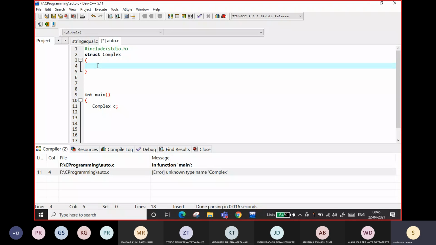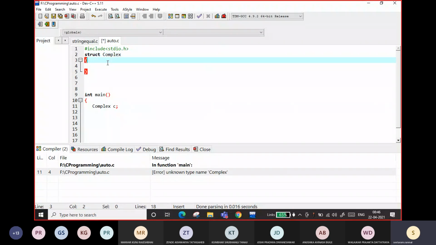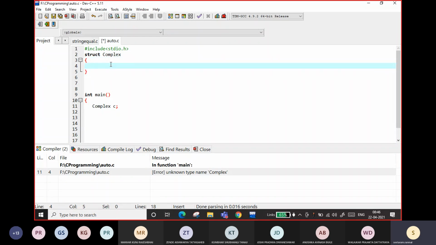Like we have the data types integer and float. In integer we can store an integer value. In float or double we can store a decimal value. If it is long int, we can store a large integer. If it is a character, we can store a character. Similarly, we will define our own data type, and we can define a structure for that. But we need to define this structure using the basic data types.